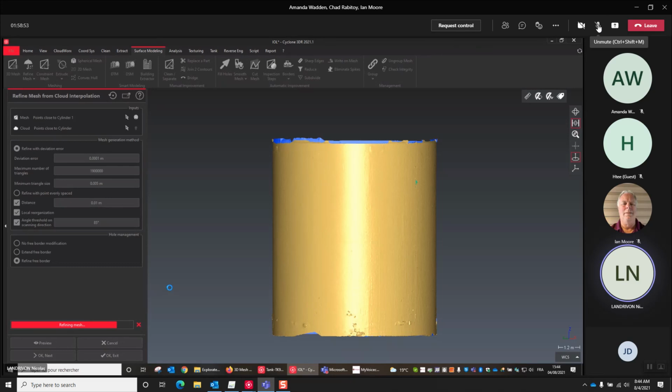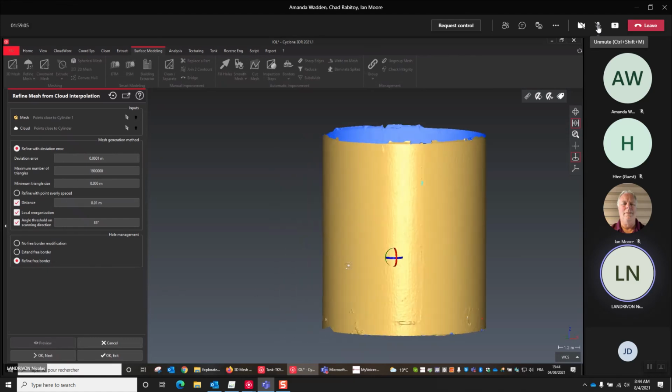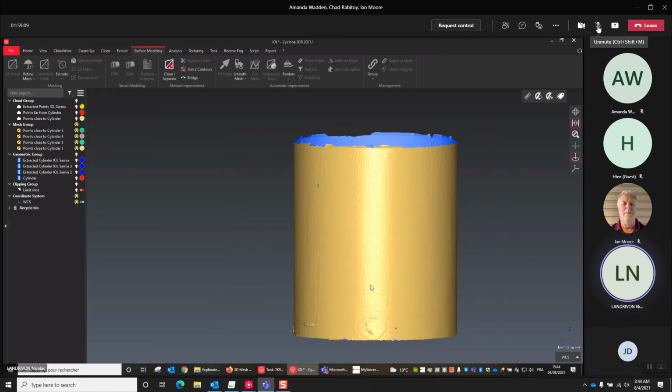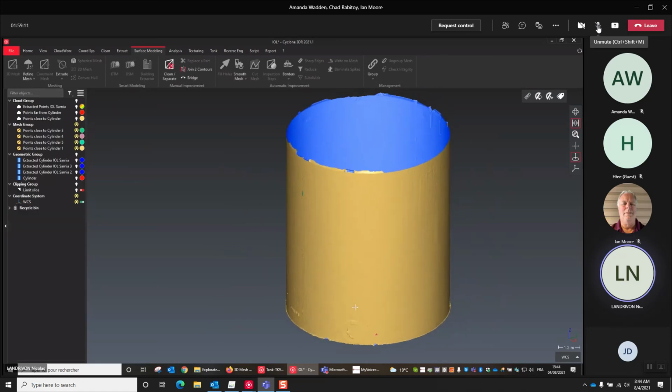So I hope that you will try to play with the software, go back and play with this model, use different values, and feel free to refer to the help center. The idea is that you get a mesh, so that for the next session we will use this mesh to make the roundness analysis.